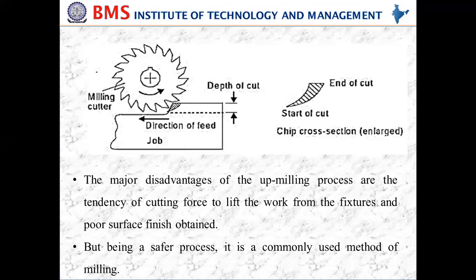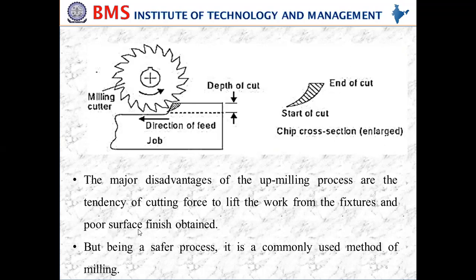You're not going to get a very good surface finish in this, because these chips, which are at a high temperature, spoil the surface of the workpiece. Also, it is difficult to circulate coolant efficiently. Here, the circulation of coolant is very difficult. And see here, a poor surface finish is obtained. The major disadvantage of up milling is that chips accumulate on the work surface, and that's why a poor surface finish is obtained.